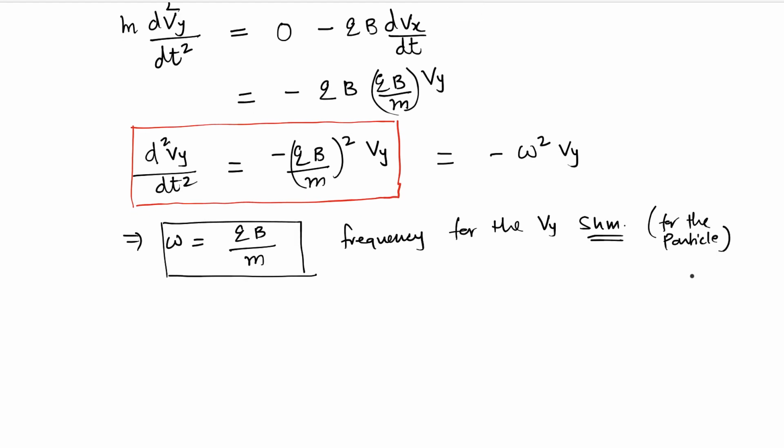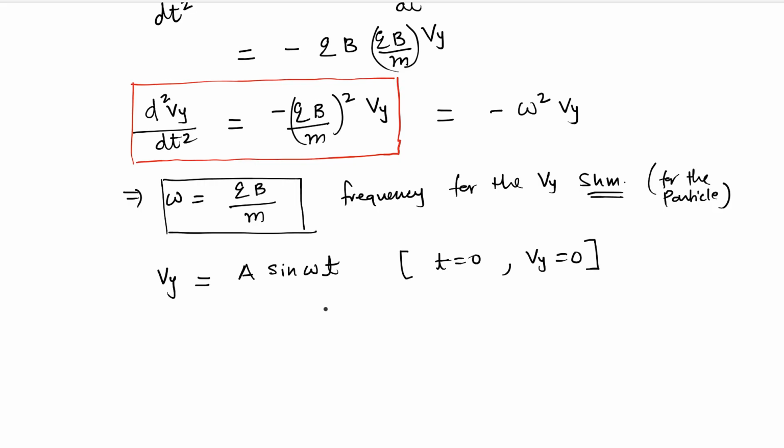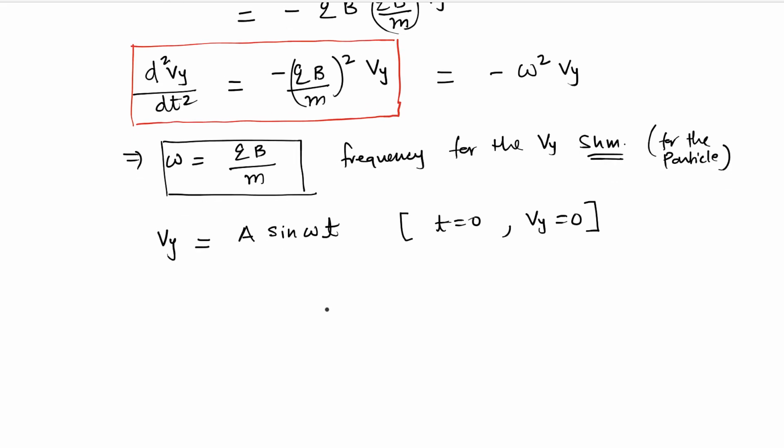So far so good. Let's form the equation of Vy because we know that it is going to do SHM. So we can write the equation as A, some constant, sine omega t. We already know omega. Why did I select sine omega t? Can you tell me? Okay, so think about it. At t equal to 0, Vy is 0. So we need to select sine omega t because it's simple enough. At t equal to 0, this Vy will be 0. That's why we are not selecting cos omega t.